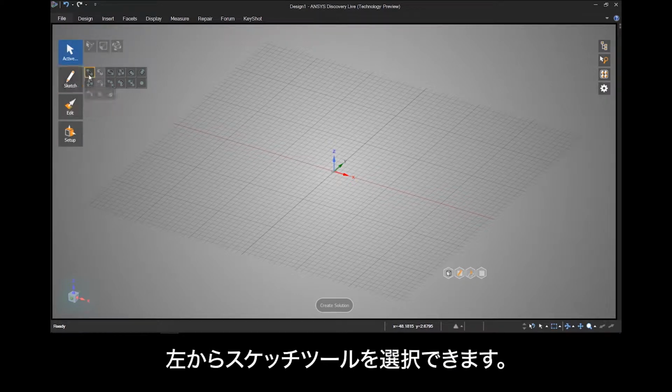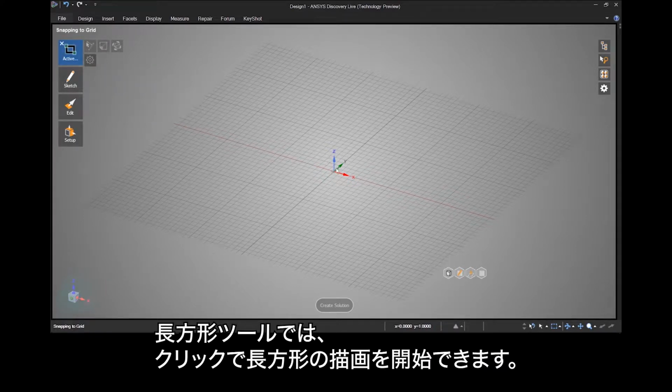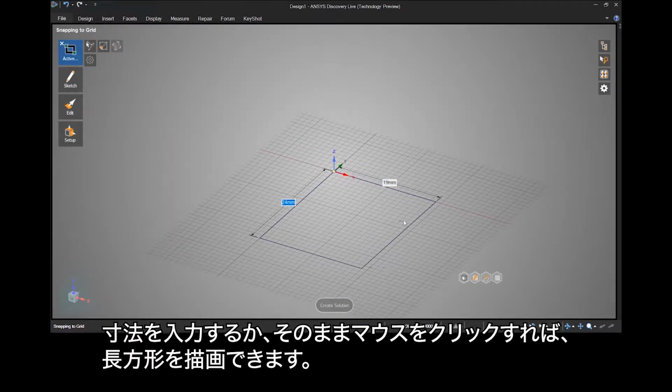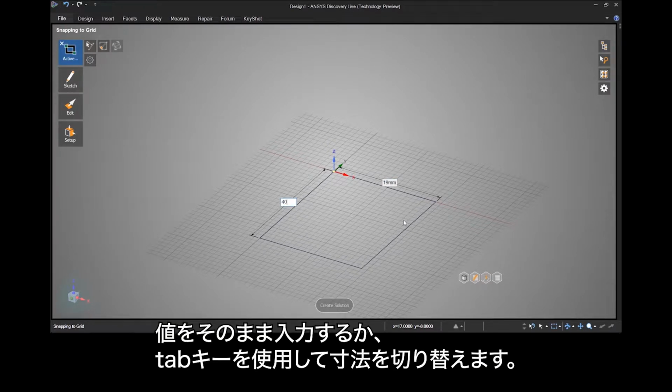the left we can choose one of our sketch tools. You can hover over it to get more information. With the rectangle tool, we can click to start our rectangle. Notice that I can type in dimensions, or I can simply click with my mouse to finish that rectangle. From here, I could still edit the dimensions, just typing in a value or using the Tab key to switch